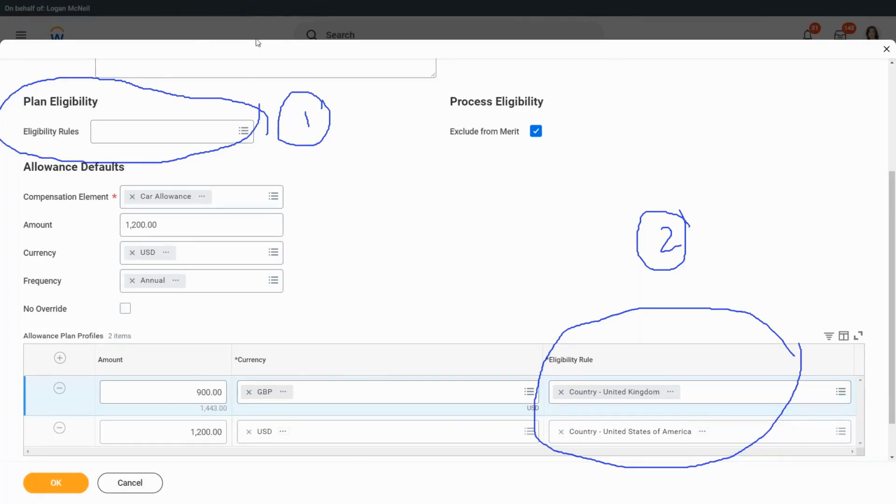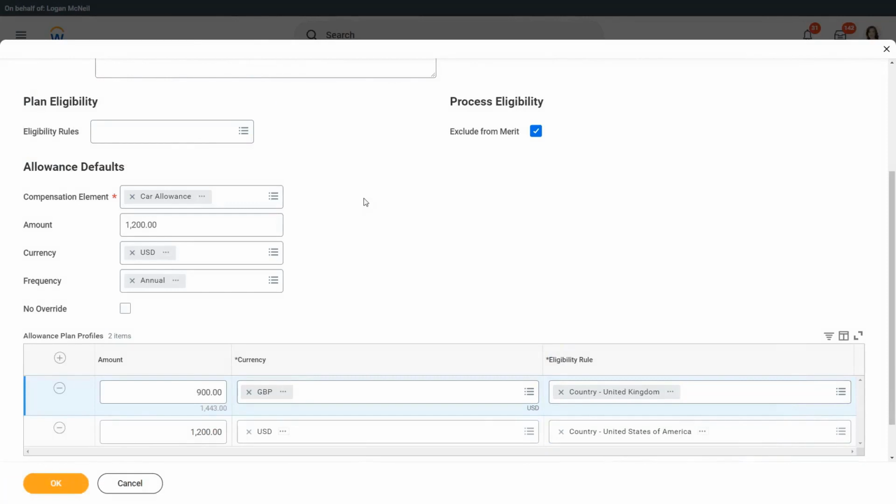It allows us to give the same compensation grade to everybody, but then, depending on their location or some other factors, we are able to assign them a different range. This plan eligibility is important because without it, the employee will not even get this allowance. What amount will the employee get? It depends on the plan profile. Otherwise, if they don't meet any of these eligibility criteria, then they will get the default amount.